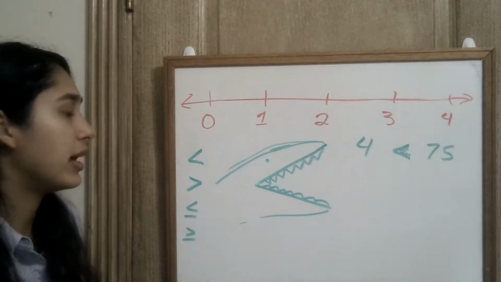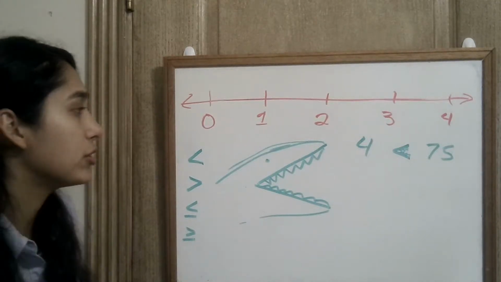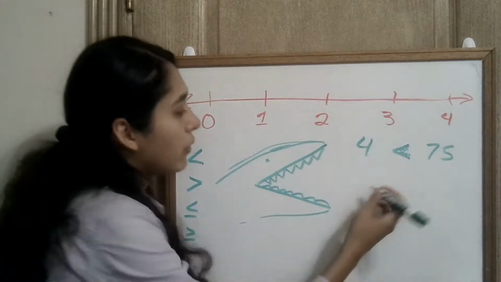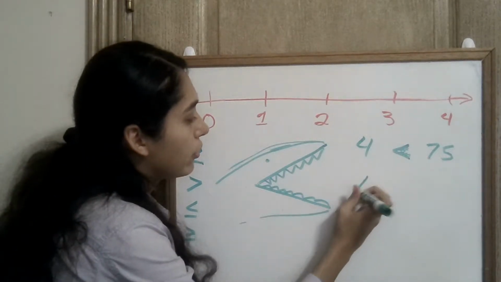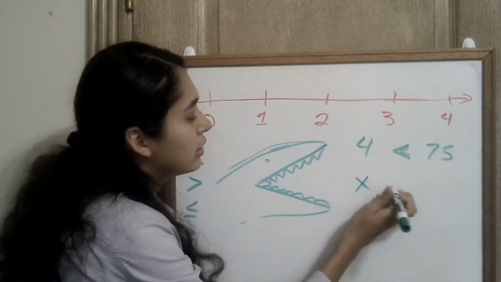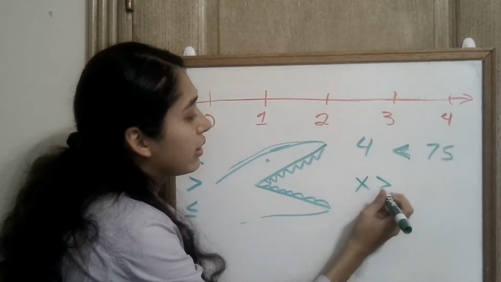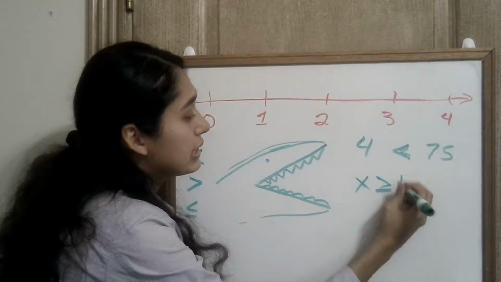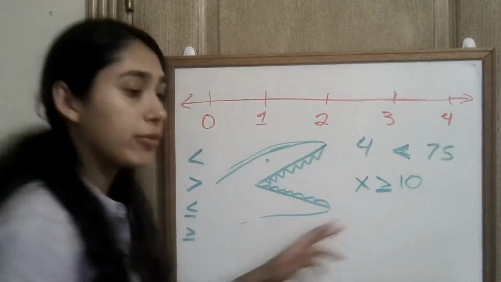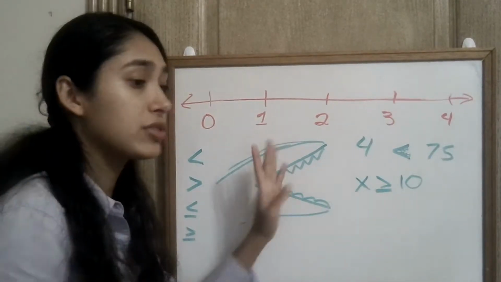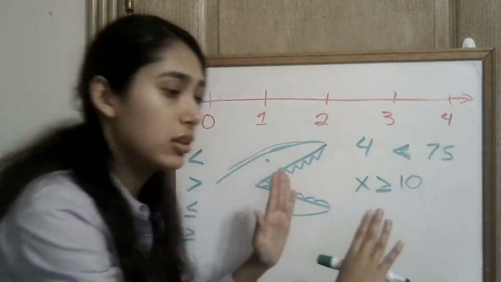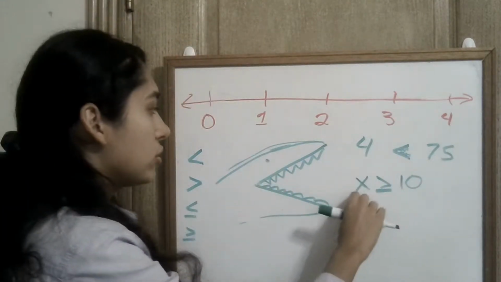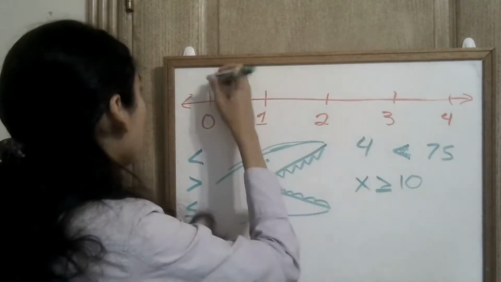And the same thing applies when you're using, further on, you're saying x is greater than or equal to 10. And the way that I'm reading this is because I know I'm reading it from left to right. So you always read the symbols